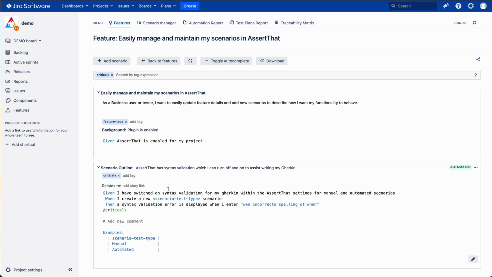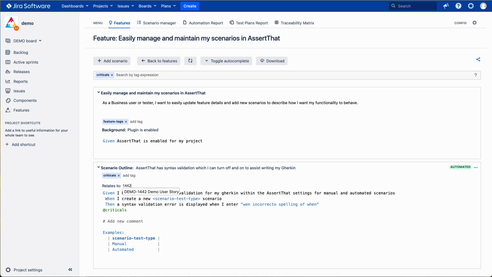Very simple. One of the key benefits of the plugin over normal test management plugins is that you're able to see the user story and the BDD scenarios all on one page. Other plugins will have different issues for each of the test executions and the test plans, and it gets very tricky to get a single view of everything, just to help that collaboration. So how do we do that? Let's link the scenarios to a user story.